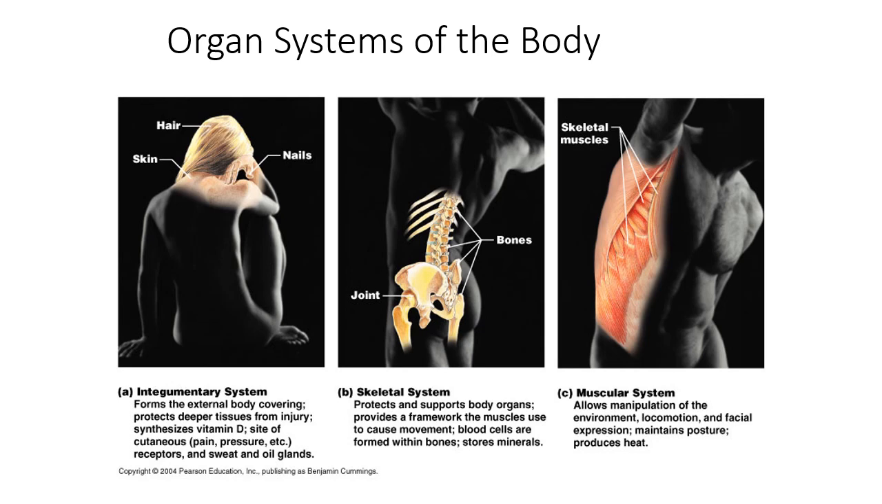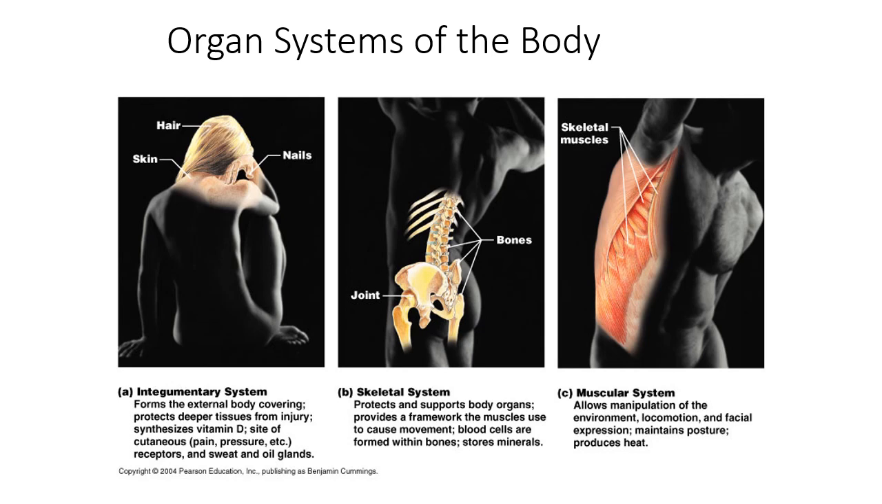Deep to the integumentary system, we have the muscular system as well as the skeletal system. For each one of those, we have the structures within them. The skeletal system's primary job is protection and support of other organs, in addition to providing something for the muscles to pull on. It's going to give the muscles a mechanical advantage that they need in order to work in a more